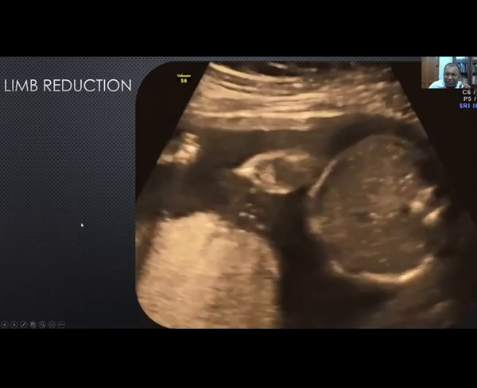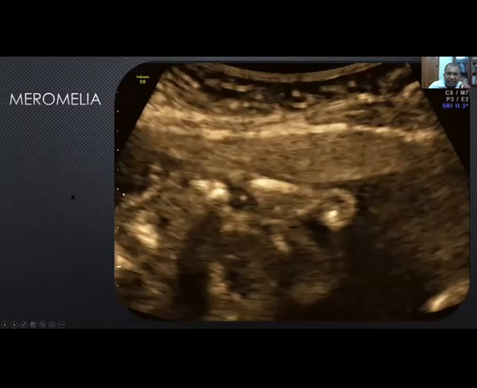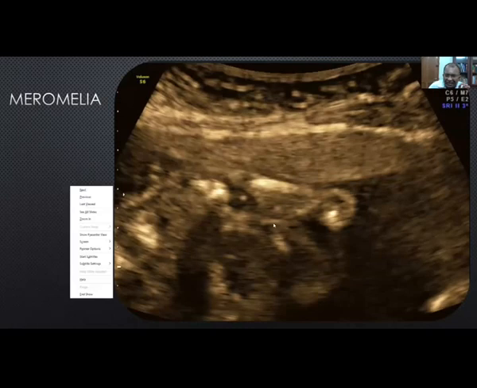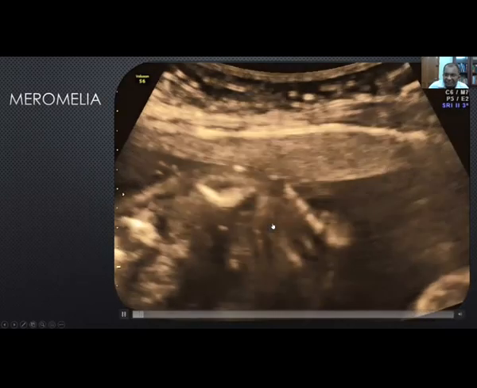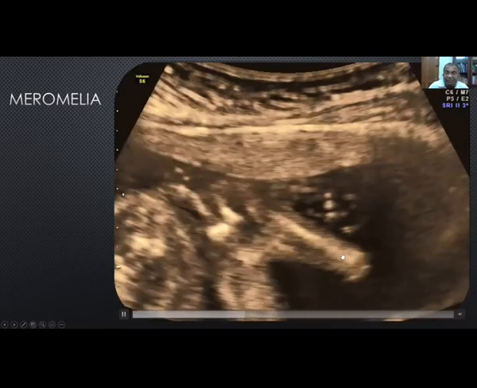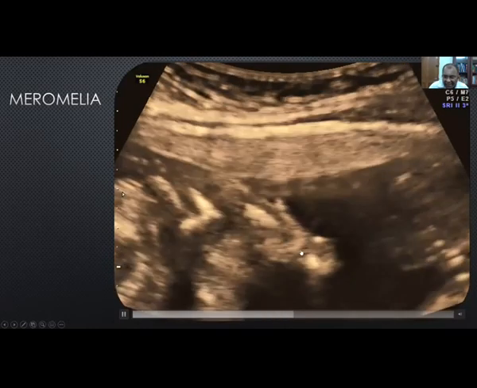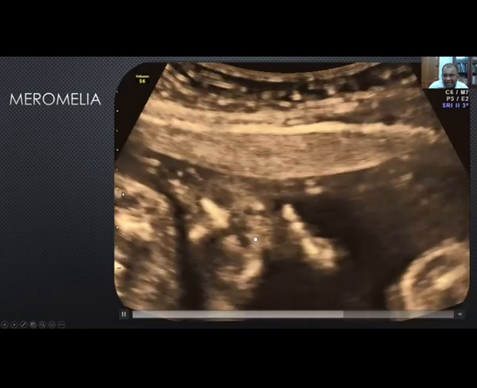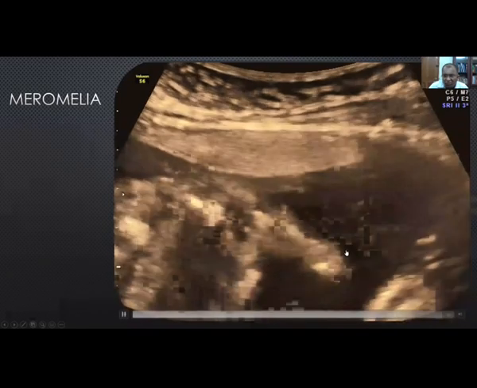This is very, very clear. And as I mentioned earlier, always check for 3 segments in the limb. Meromelia is when one segment of the limb is absent. Usually the hand or foot is present, as you can see over here. Here you can see the hand attaching directly to the